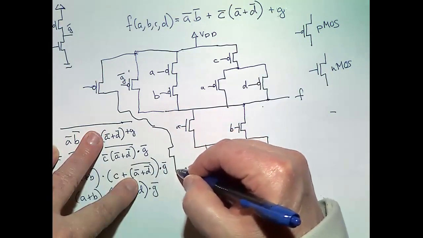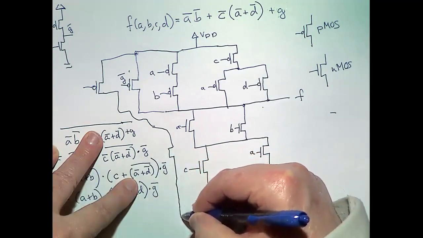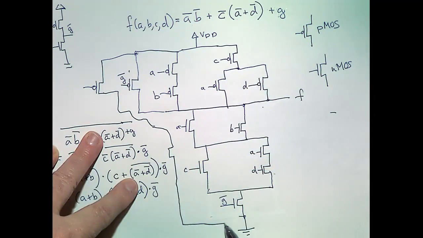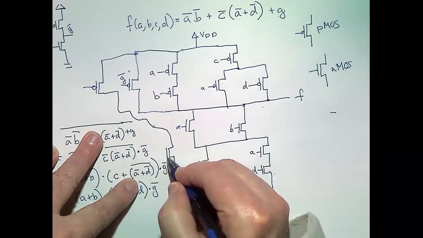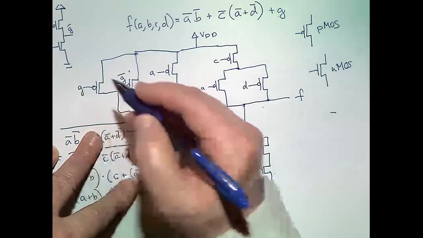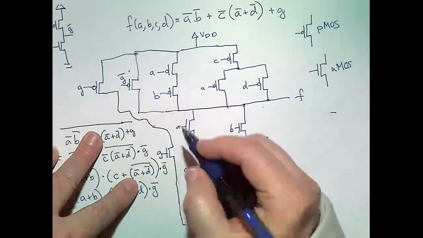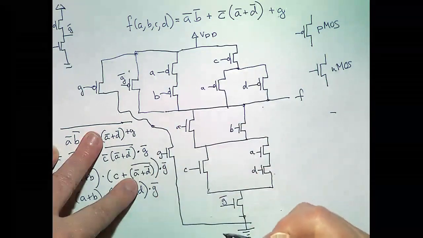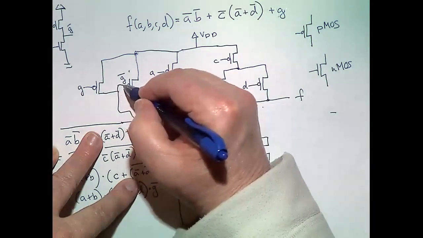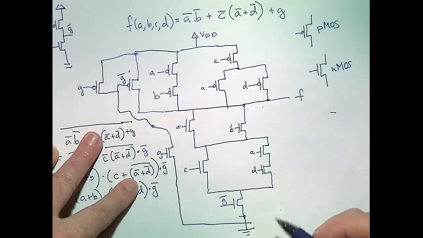And this is my NMOS, which I will connect to ground. Now this is G, and this is G, and then here I have G bar. So I can connect that one to there,